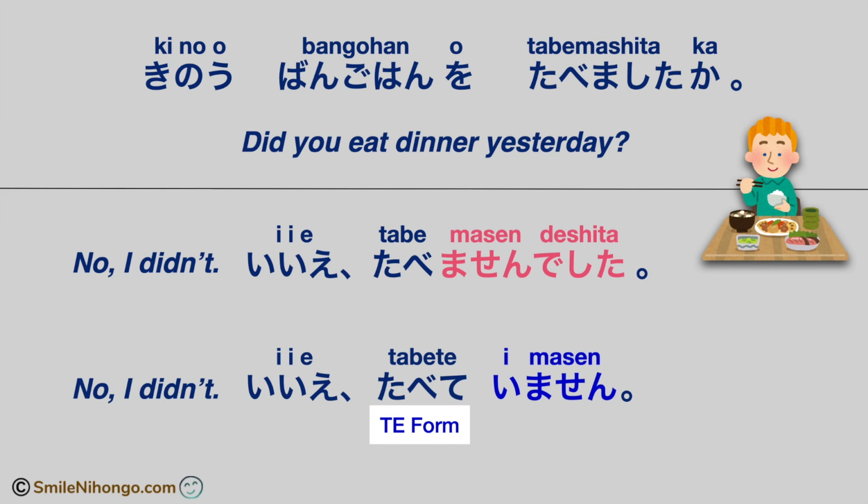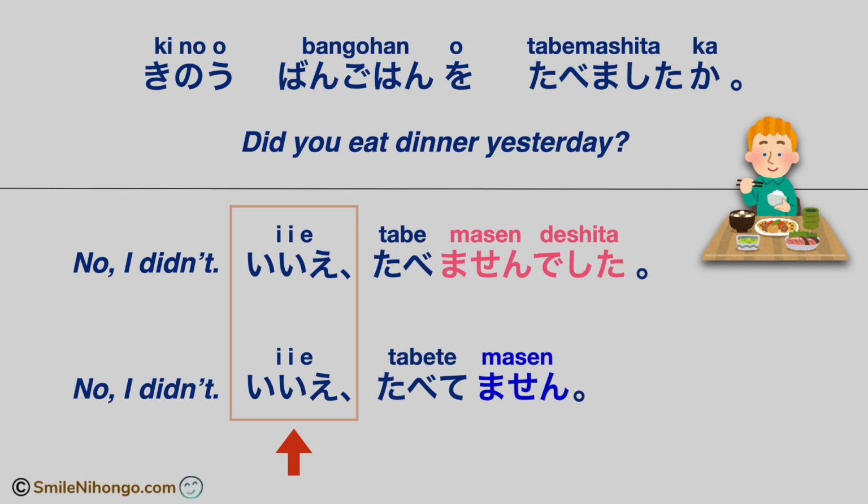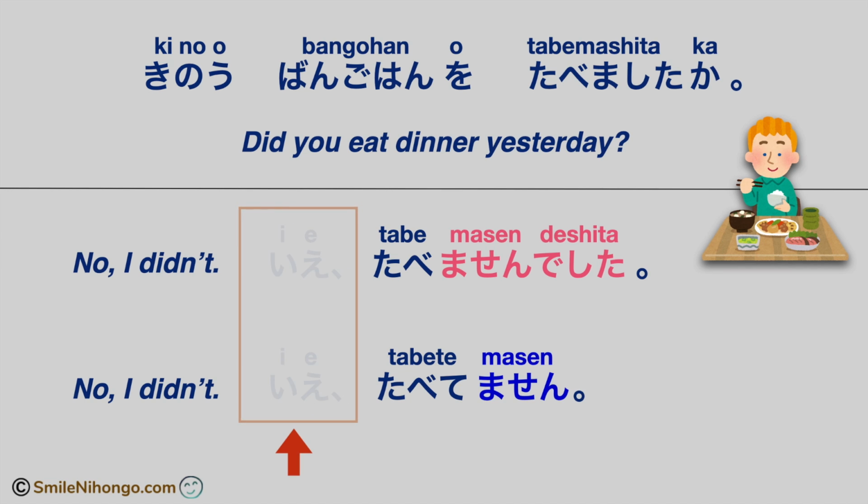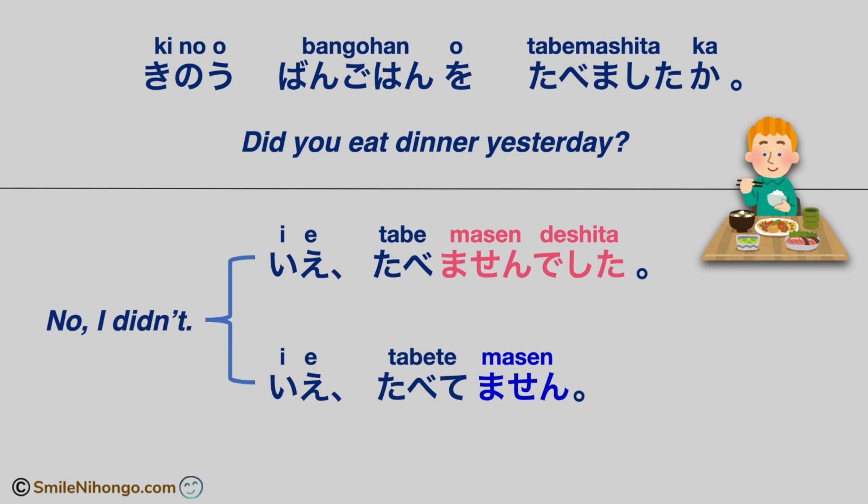Let me walk you through how to change the response even more conversational. You have already learned that this い in ています expression is often dropped in spoken language, so let's drop it. And then, this いいえ is often changed to いえ in conversations, since it's shorter and easier to pronounce it that way. So let's use this shorter version in this lesson, okay? Now it's complete. These are two possible ways to answer No, I didn't to a question asking about the simple past,